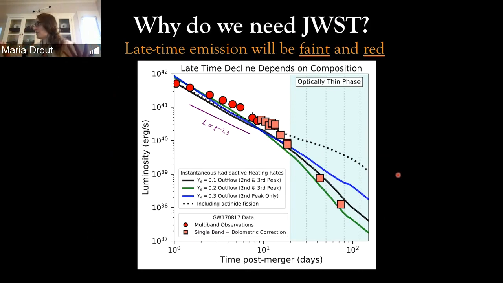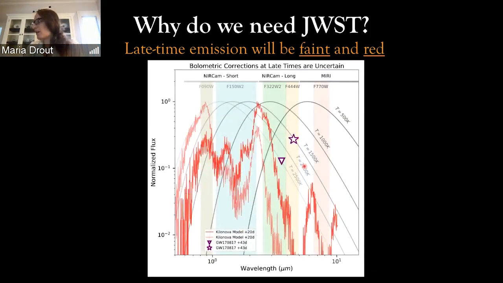All of these heavy elements that are created have gazillions of electrons with lots of transitions, so they end up absorbing most of the blue light. And so it's predicted, these are a couple of predicted spectra, that they will peak somewhere a few microns out, in the mid-infrared. But the critical aspect of this is incredibly uncertain.